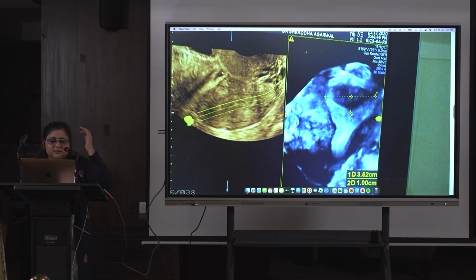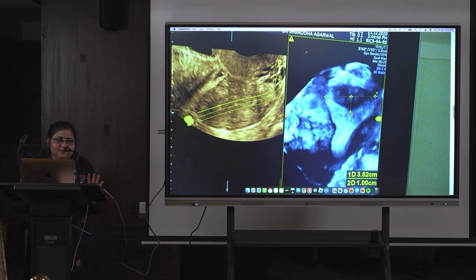Which type of uterus is this? So why do we say it is arcuate? The fundal serosa is convex, first point. Second point, the angle is more than 90 degrees here. And the distance is just 10 millimeters. So actually it can be partial septate or an arcuate uterus.